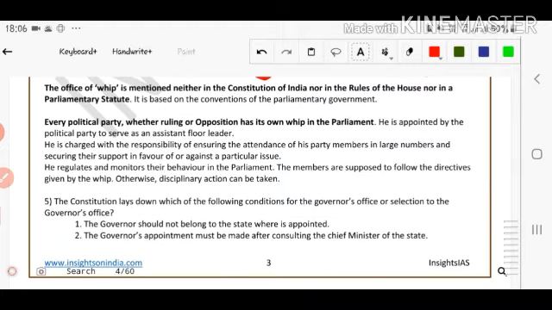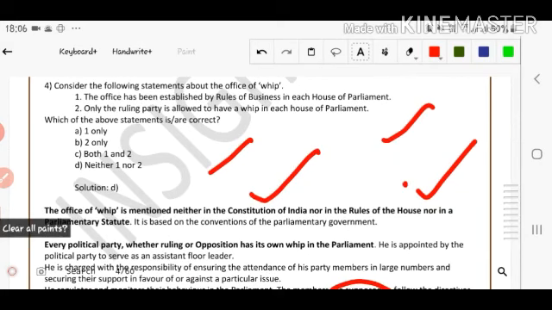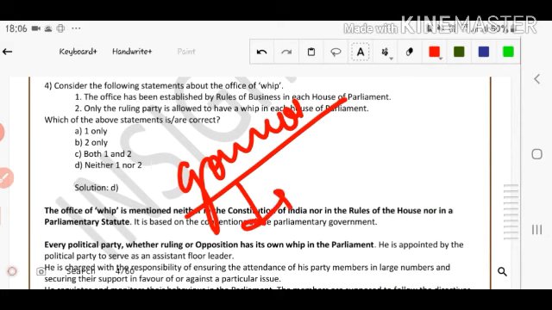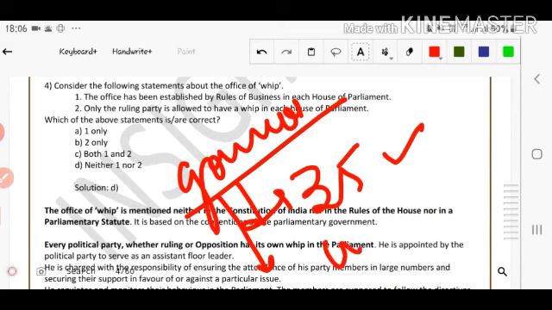Next question is about which of the following conditions the constitution lays down for selection to the office of the governor. Okay, what is given in the constitution, who is the governor, who can become a governor? Governor can be anyone, but his age must be at least 35 years. And number second, he is a citizen of India. Only these things are given in the constitution.